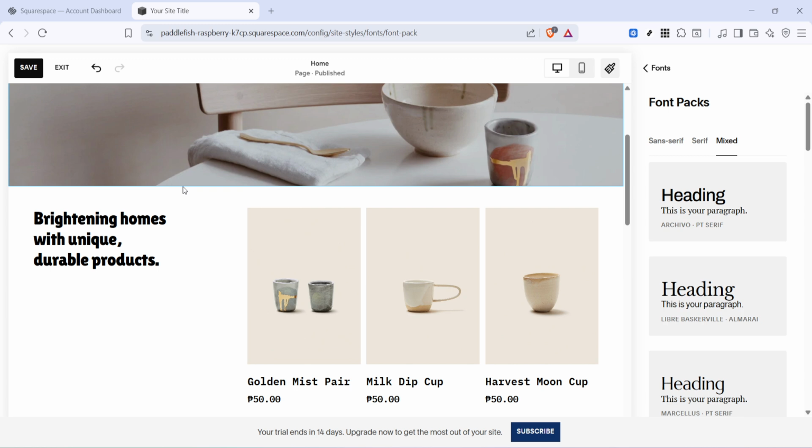One useful thing to know: if you make a mistake or don't like how things turned out, you can go back to the Fonts menu and click Reset Font Pack at the bottom to undo all your font changes at once. It's also worth previewing your changes on both mobile and desktop to make sure the fonts look good on